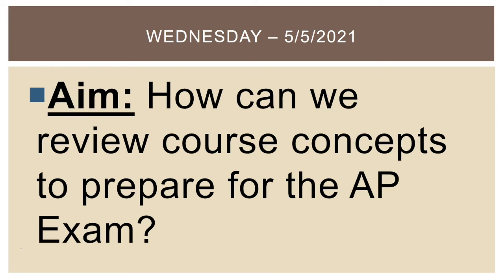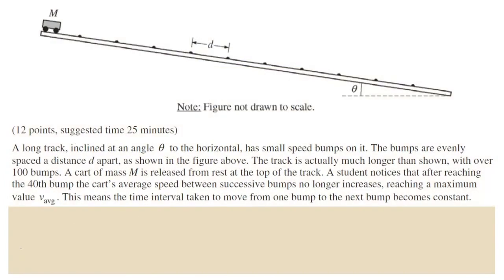As you can see here in the aim today, our goal for today's video is to review the two free response questions that were assigned yesterday. We've got two questions, and one of them is a 25-minute question, so I'm just going to get straight to it. This question, the first one, 12 points, 25 minutes, says, a long track inclined at an angle theta to